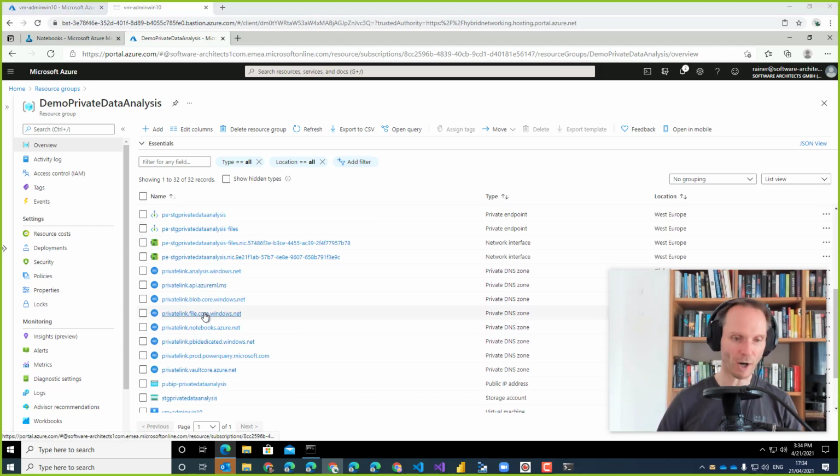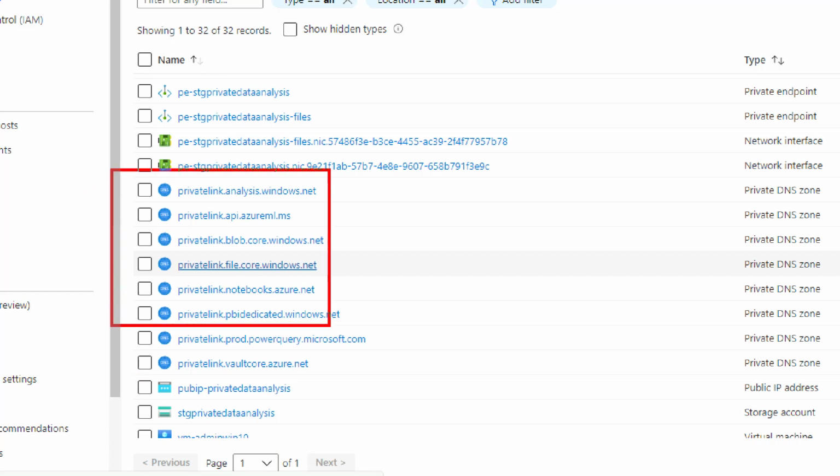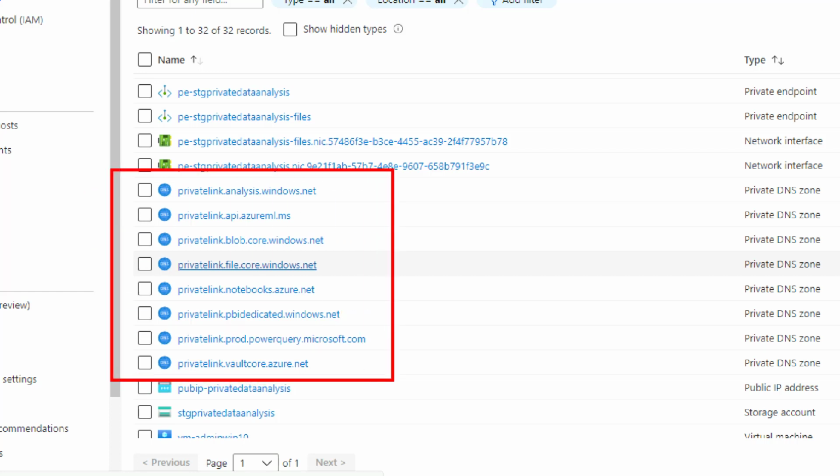And the point that I wanted to make here is this one. In this scenario, I use way more resources in Azure. I use Azure Machine Learning. I use a so-called data lake. I use Jupyter notebooks. I use, for instance, Power BI. Maybe you know the Power BI system. Maybe it is in use in your companies to do business intelligence. I use Key Vault and so on. And here you can see the different DNS zones for every type of resource that I'm using here.